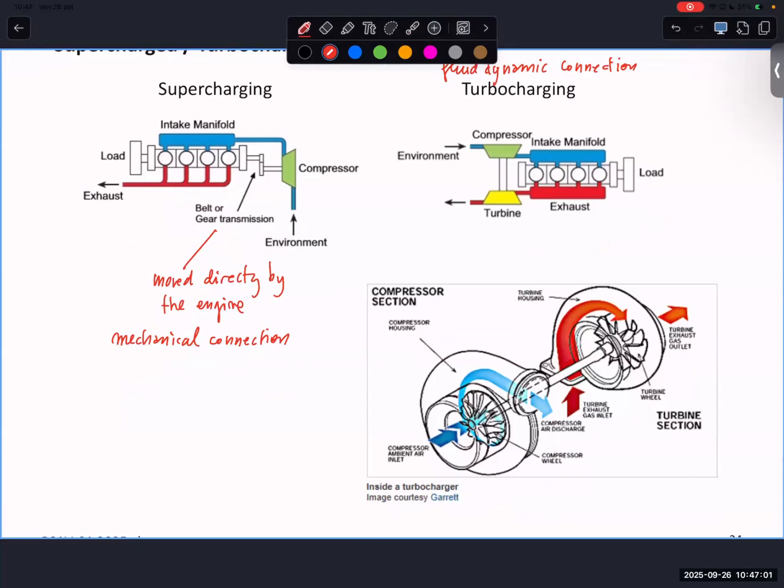So what we are doing is this. Part of the exhaust gases still have a high pressure and high temperature, so you are using them to move a turbine. The turbine will compress the air taken from the environment. So the compressor is producing a small decrease of pressure upstream of it, so the air is coming through the compressor because of the small decrease of pressure. And after it is compressed by the compressor and sent to the